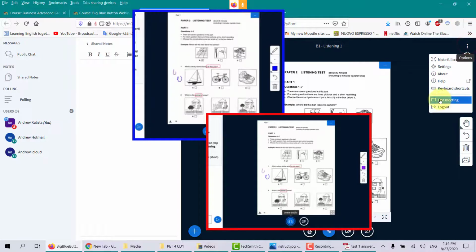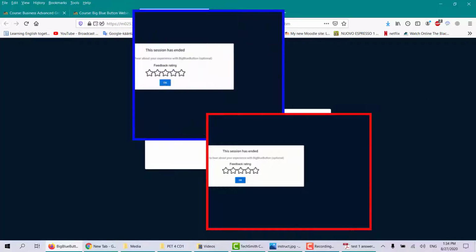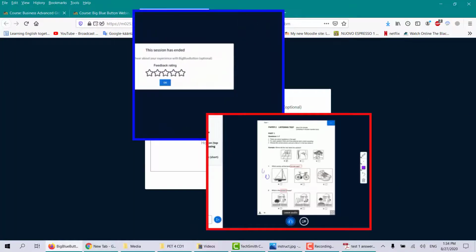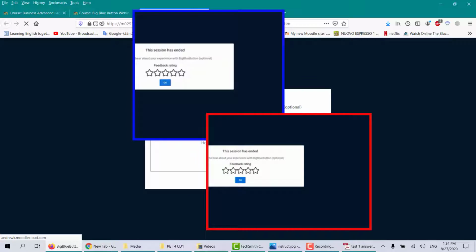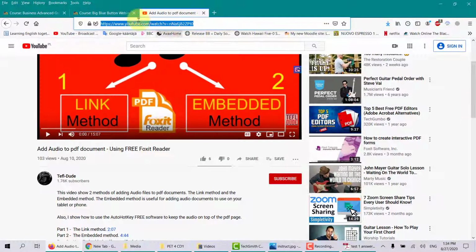Let's just log out first. I will end the meeting, and that way this meeting will disconnect everyone. As you can see, I'm in total control of the meeting. And once I go back,